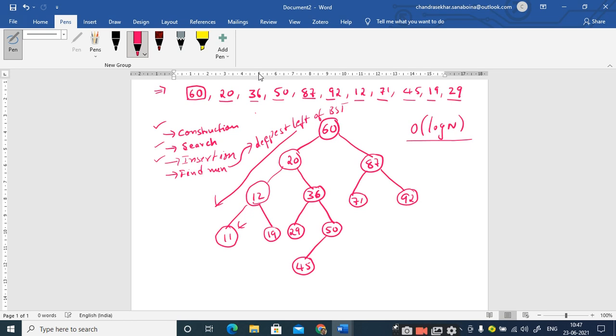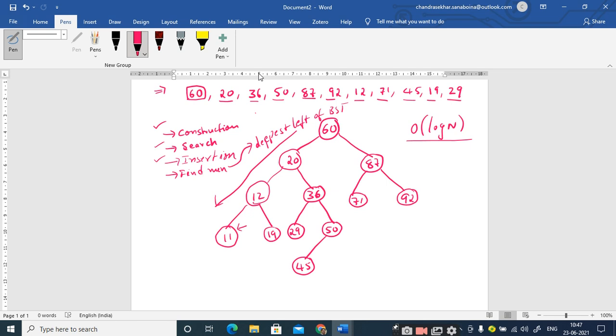Null pointer, sir. So the left address part will consist of the null value. So when you start from the root node and traverse towards its left side until you find the left address equal to null, once you reach that position, that particular element where the pointer is pointing will be the minimum element. Is it not easy or not?